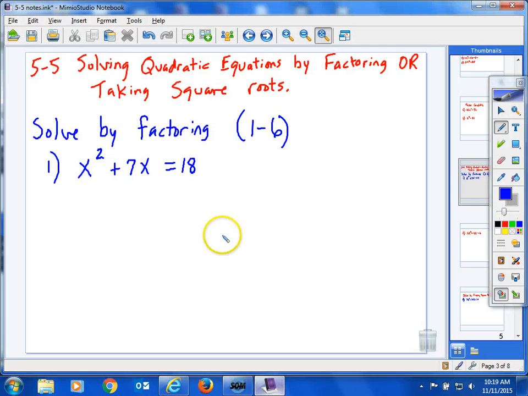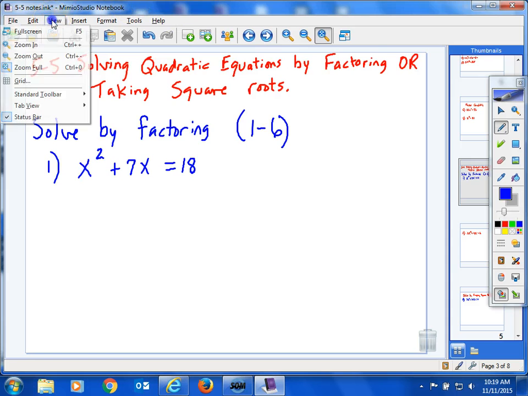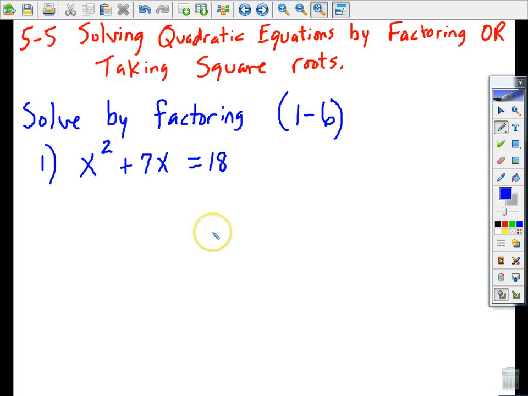Okay, today we are moving on to section 5.5, which I hope will be a review of Algebra 1. The reason why we had to drill factoring in the previous section is so that we can solve quadratic equations by factoring. And so I've got some examples. As you can see, this first example, ones like this, will help you with problems 1 through 6 on your